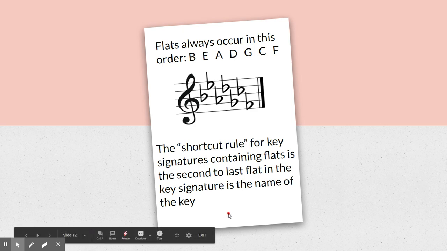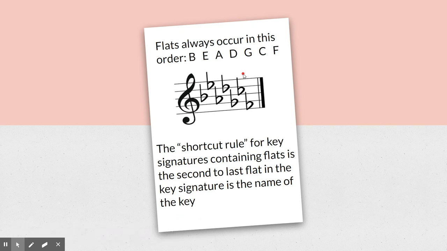For key signatures containing flats, the second to last flat in the key signature is the name of the key. So in this case, we have 7 flats, which is crazy. You would never get this, but maybe. You would find that second to last flat, right? This is the last one. F is the last one. So the second to last one is going to be C flat, which means that this key signature represents C